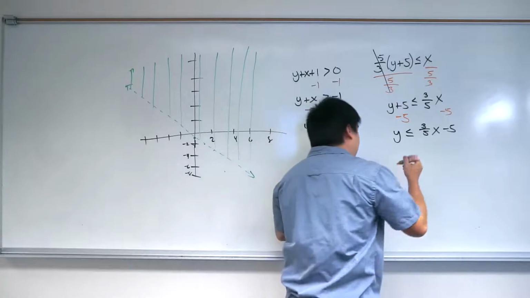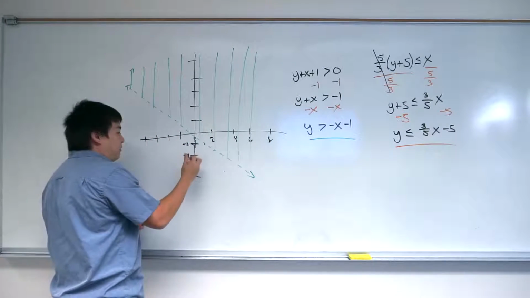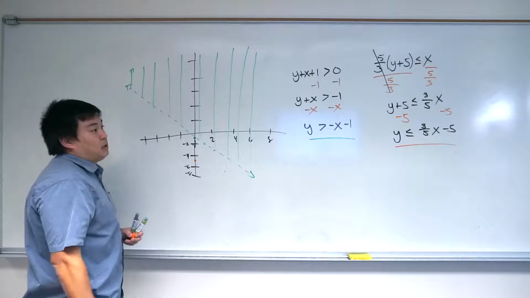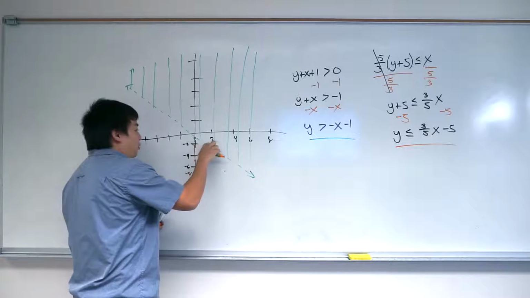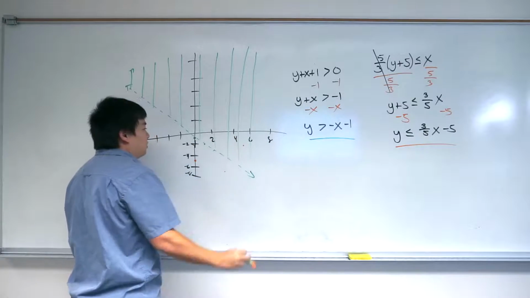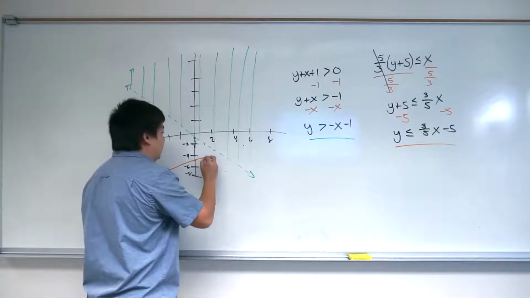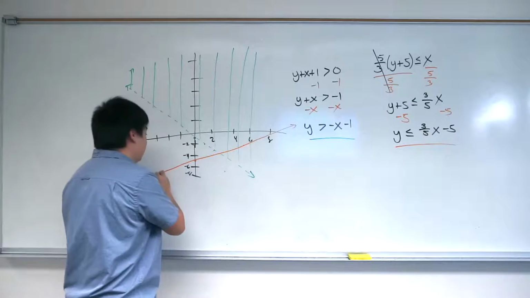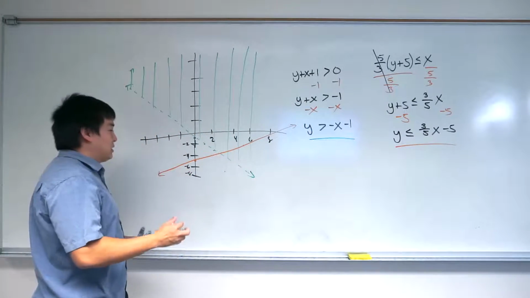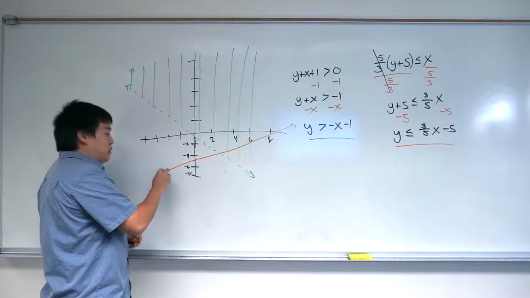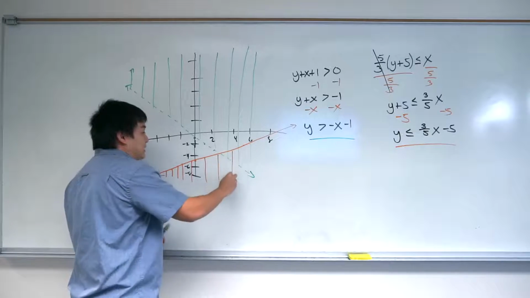Now for the other, let's do it in orange. And so we start at negative 5, which is down here. And then we go up 3, right 5. So 1, 2, 3, right 5 is all over here. This is going to be a solid line because of the or equal to here. And we want it to be less than. So if we go to the orange line, and we draw our lines down, because those are the parts where the height is below,